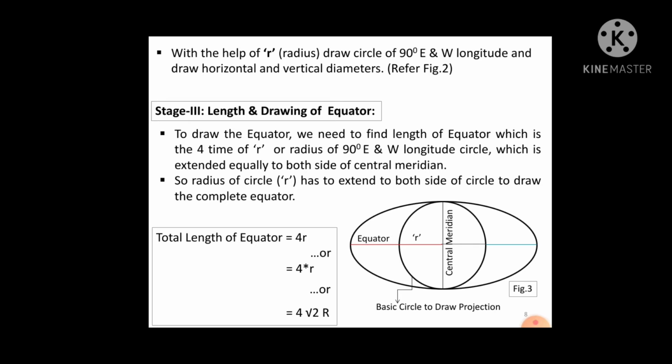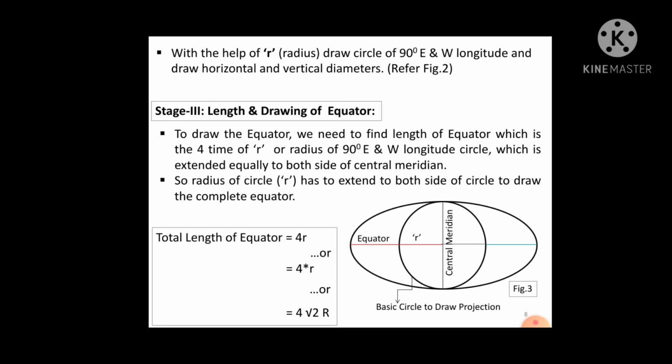Later on, in the second stage number 3, you have to decide the length of the equator, and you can draw the equator too. Simply, if you look at the circle, you will get an r, small r, as it has been shown. That means nothing but the half length of the equator within the circle. Okay, keep in mind, within the circle. That much length, if you extend to both sides of the circle, as it has been extended here, you will get the entire length of the equator.